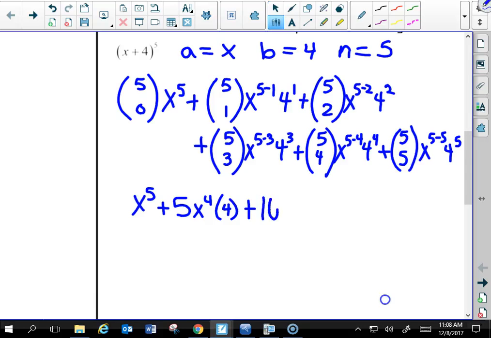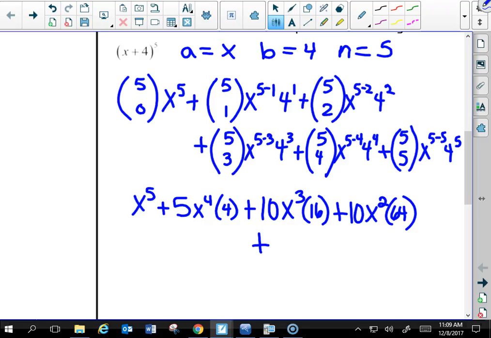Okay, so I get 10, and I'm on my third term, x to the 5 minus 2, that's x to the third, 4 squared gives me 16. The combination of 5, 3 will also give me the number 10. X to the 5 minus 3, which is 2, and 4 to the third, which is 64,